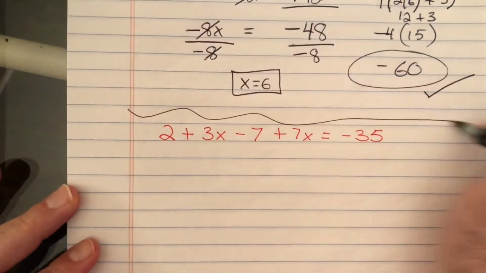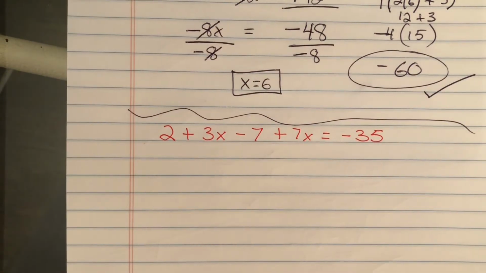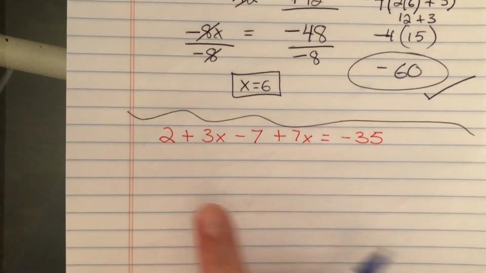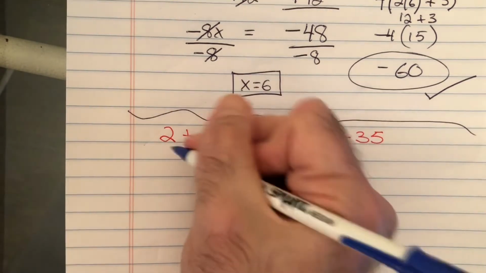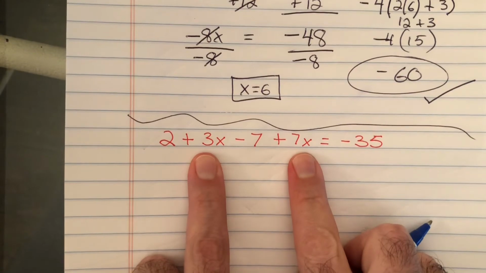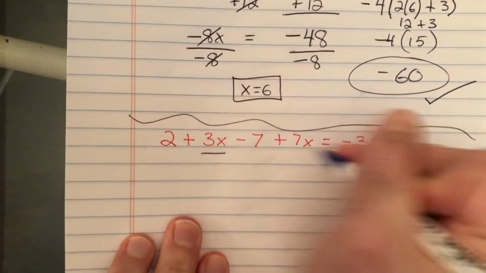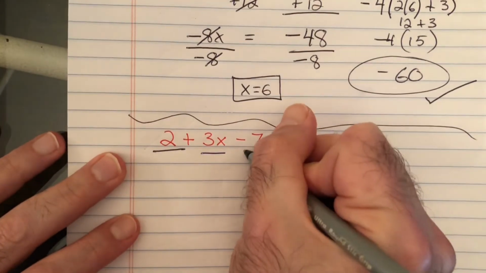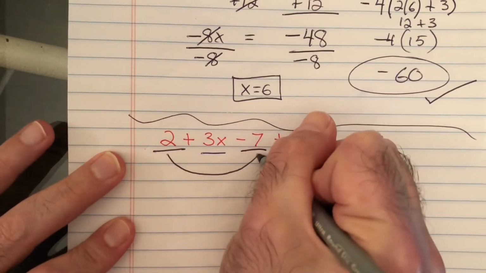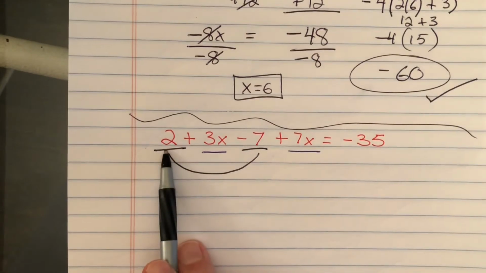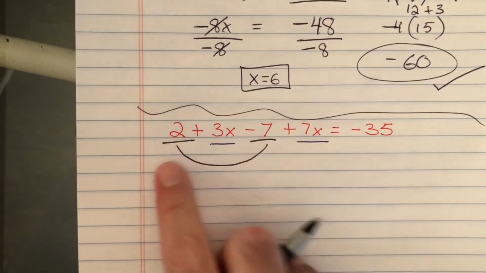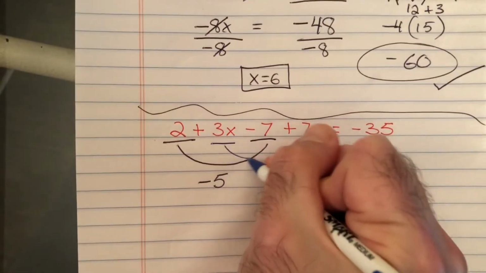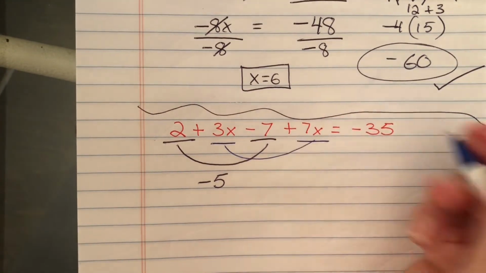Last one. An equation where you have to combine like terms. What are my like terms? They are either terms that have the same exact variable, like 3x and 7x, or terms that have no variable at all, that are constants, like 2 and negative 7. 2 and negative 7, or 2 minus 7, is negative 5. And 3x plus 7x is